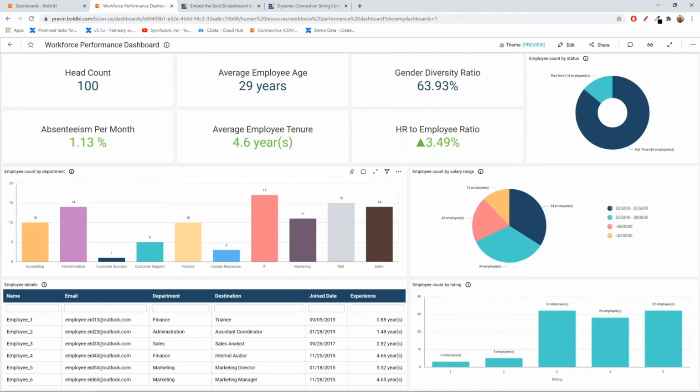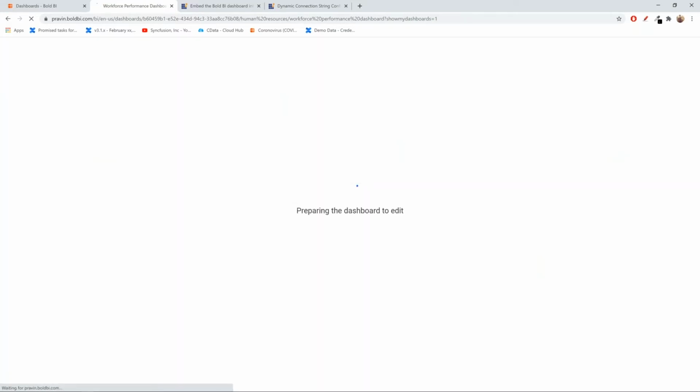So what we are going to do now is, I have two different users in my application. I'm going to first see the row level access, row level security using the user based filters, and see how the data is going to be secured for each one of them. Okay. I'll go forward and edit this dashboard. In case you have the edit permission for any dashboard, you'll be able to see the edit icon here. You just click it, and it will open the dashboard in the designer.